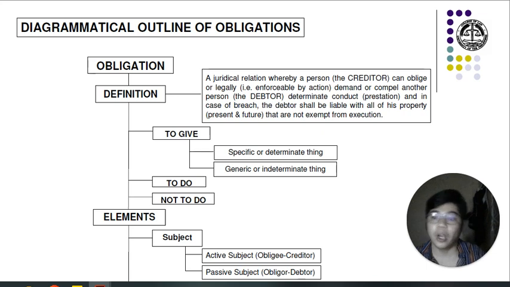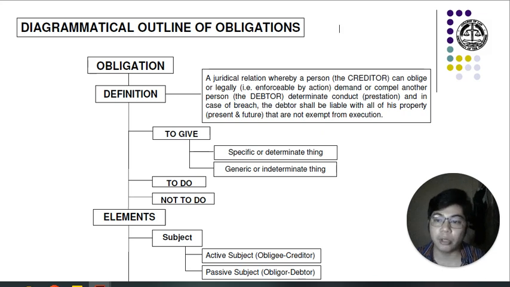Why, we will discuss later. The passive subject is the one against whom the obligation is juridically demandable. The active subject is the creditor or the obligee, the one who lent, while the passive subject is the debtor or the obligor,